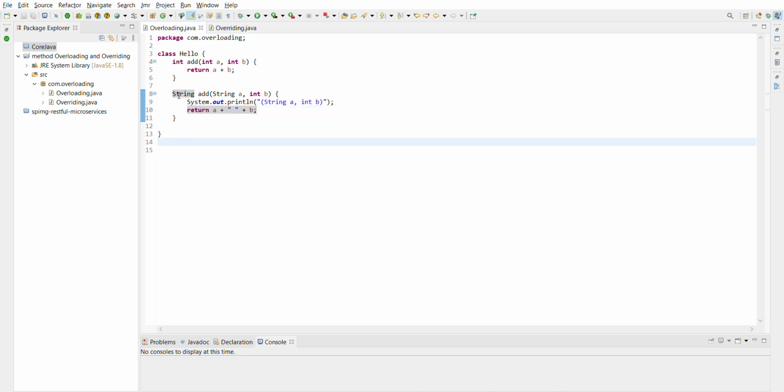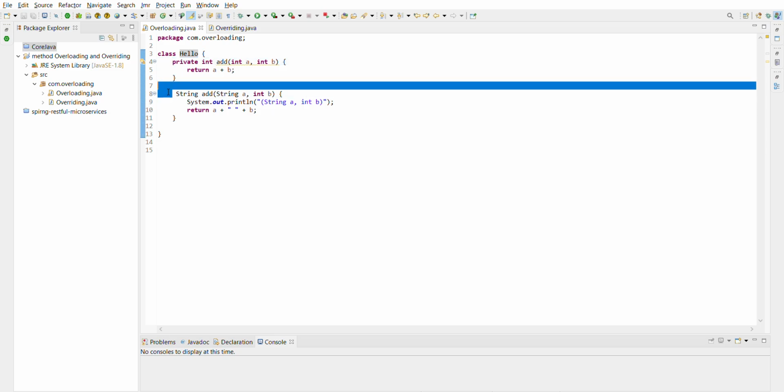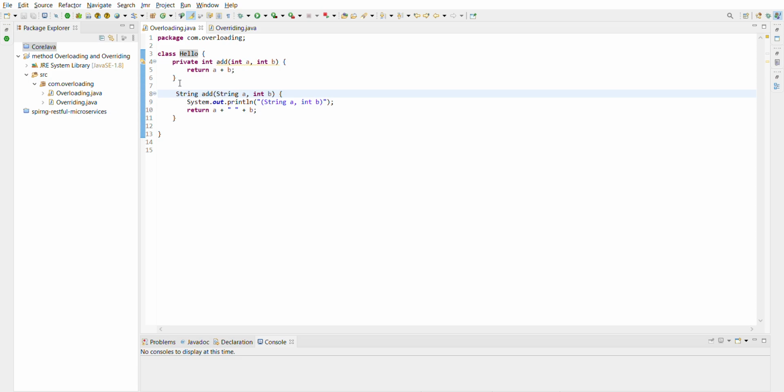And if you're talking about the access modifier, we can use a private method first and a default method second. It's applicable. Second is protected and first is private, it's also applicable. First is default and second is protected, it's also applicable. It means it's not restricted; we can use any kind of access modifier in method overloading.